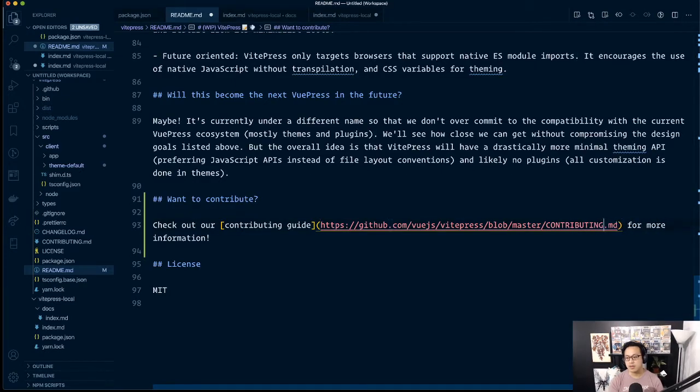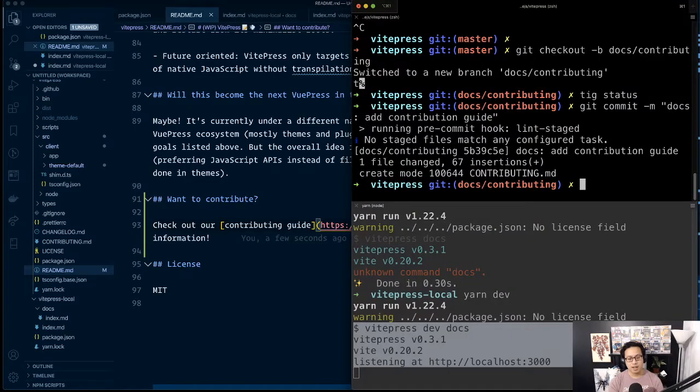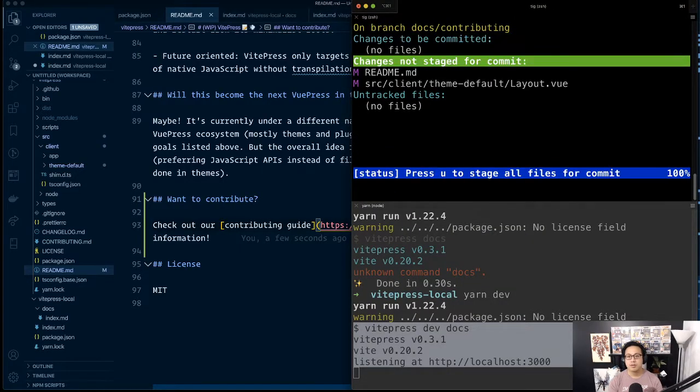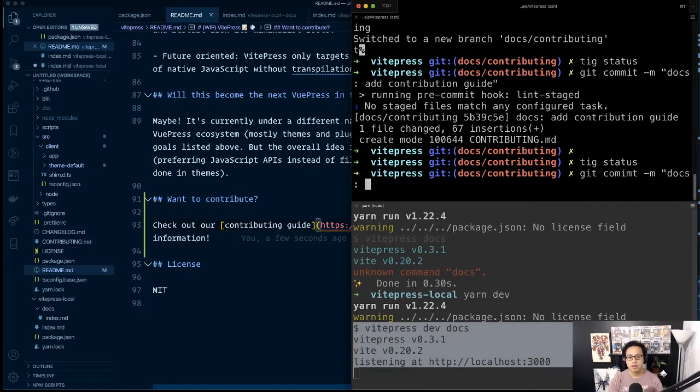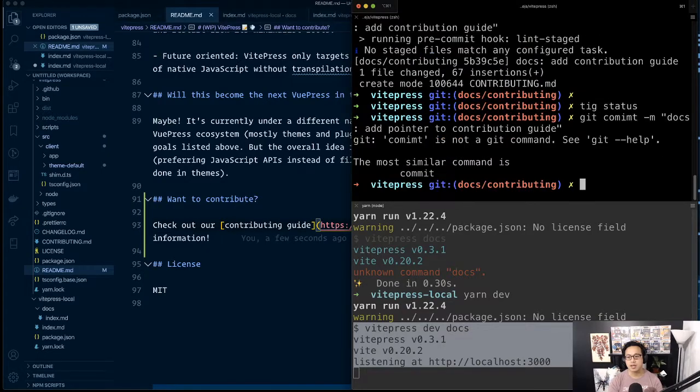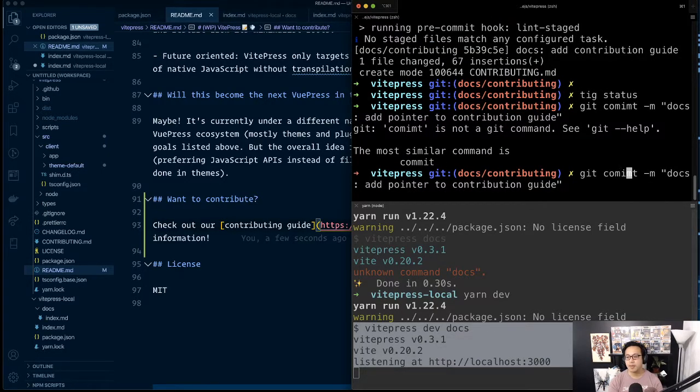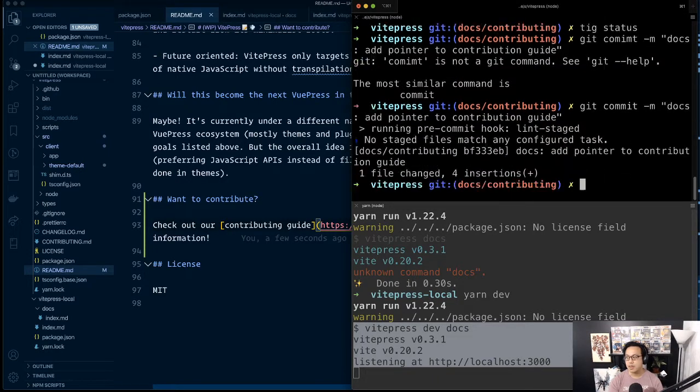So I'm just gonna cut straight to the chase. And then with that, we can, great, docs add pointer to contribution guide. Yep, can't spell. Okay. Great, so now